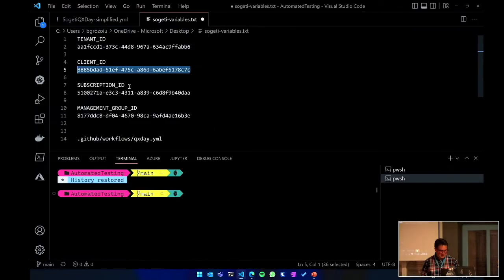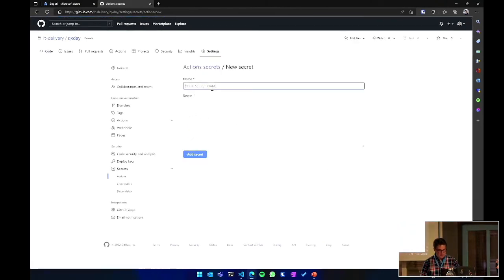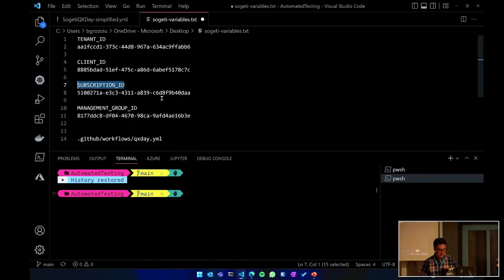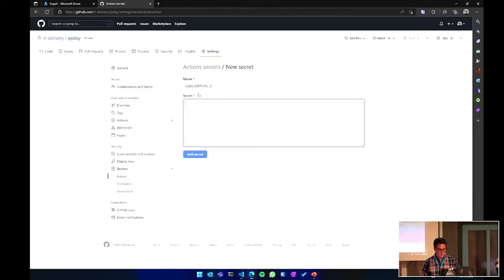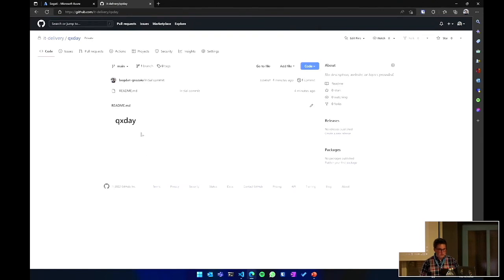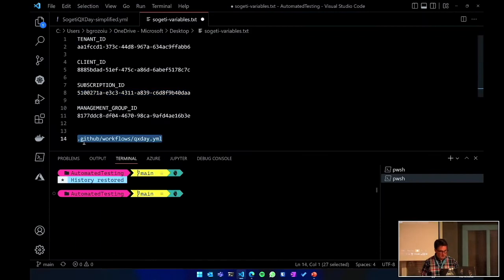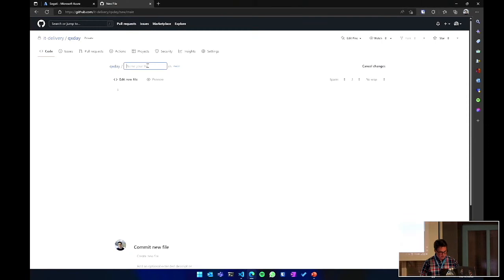Sure. And then the subscription ID or the management group ID. So once we have these three secrets saved there, what we can do, okay, so there, do I have a space here? No. Okay. All looks fine to me. Yeah, it looks fine, right? Okay. So now I have to go back to the code of the repository and just add a file, create new file, and I'm just going to define my file, which will be the workflow definition itself. I'm going to place it with this name in this directory in the root of the...